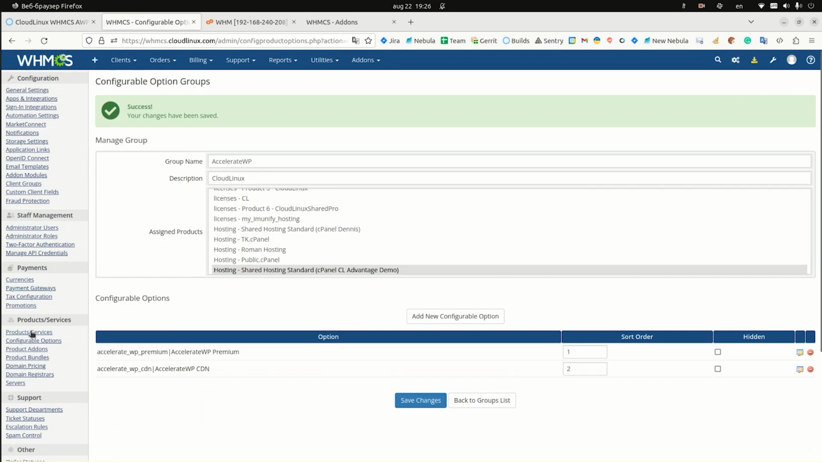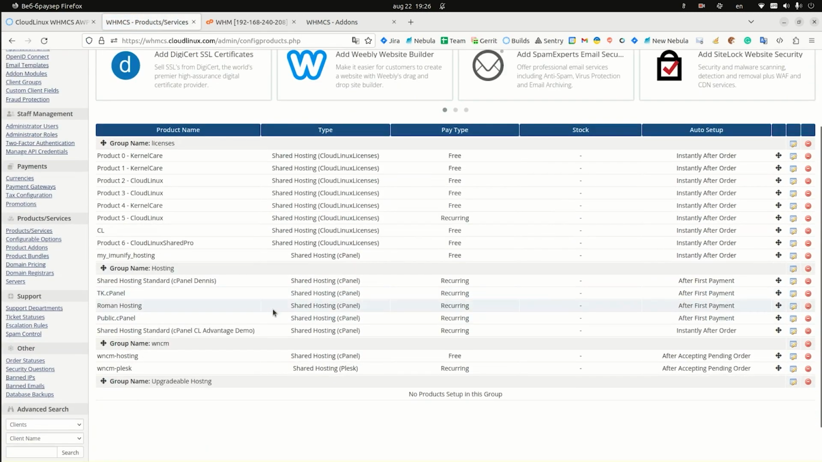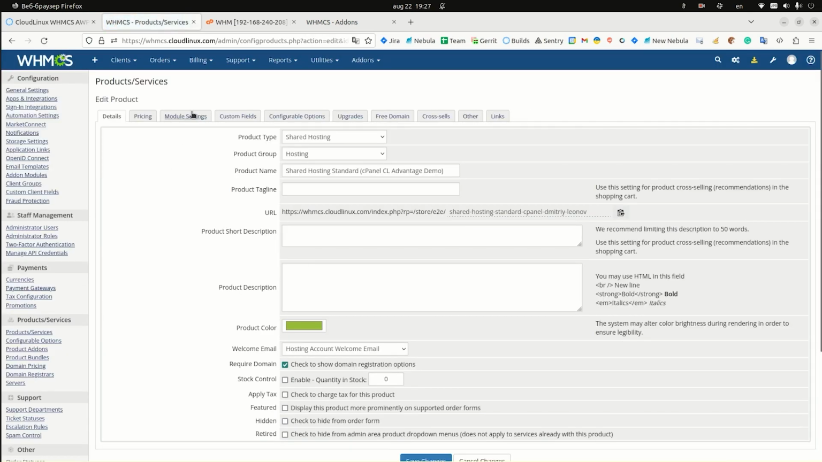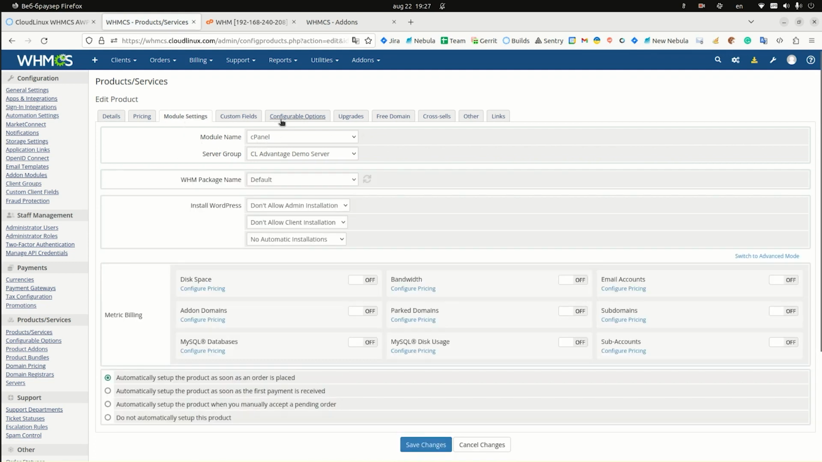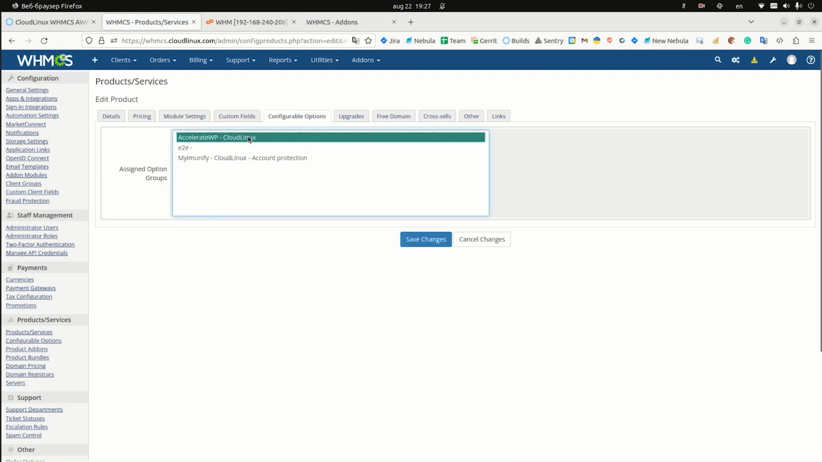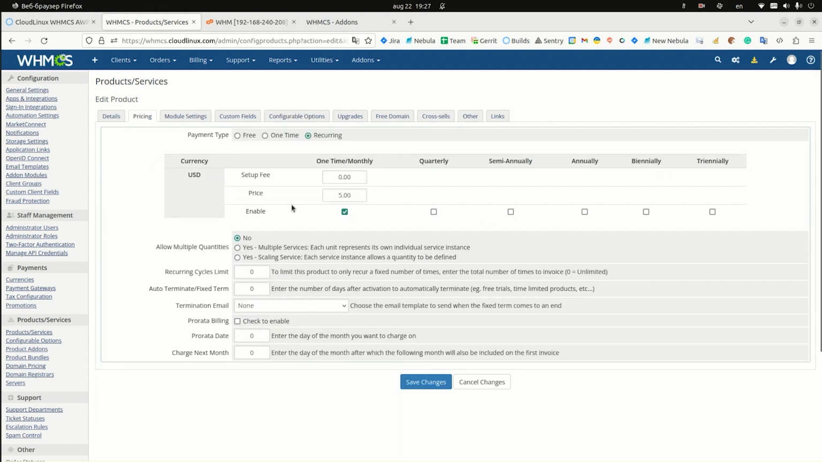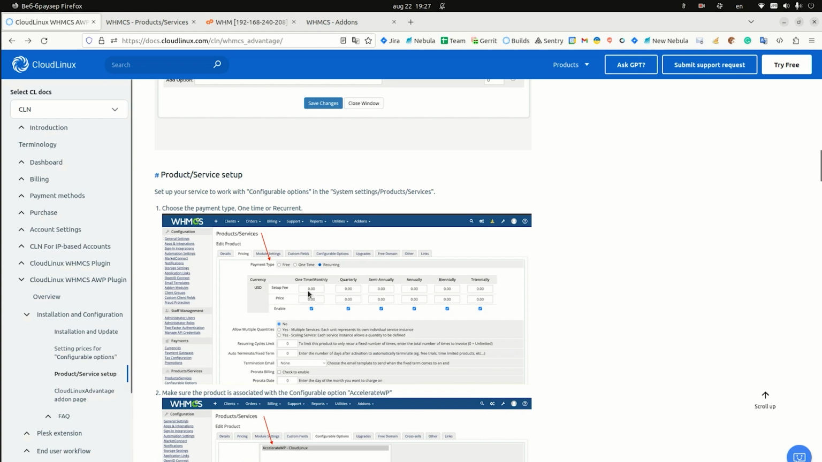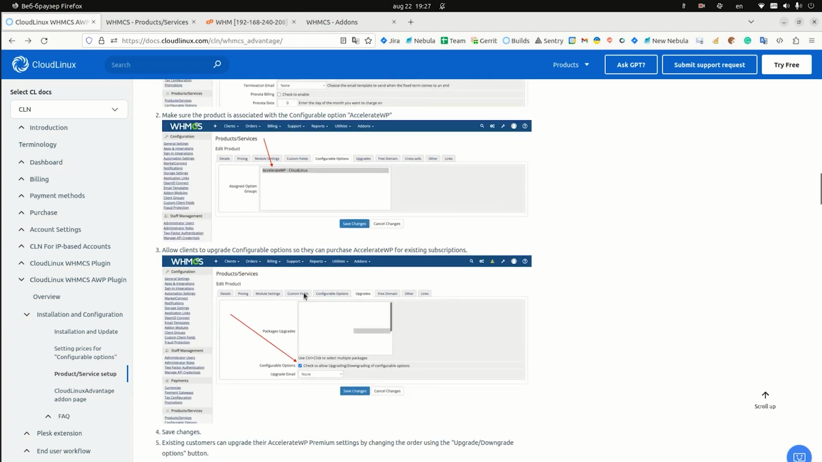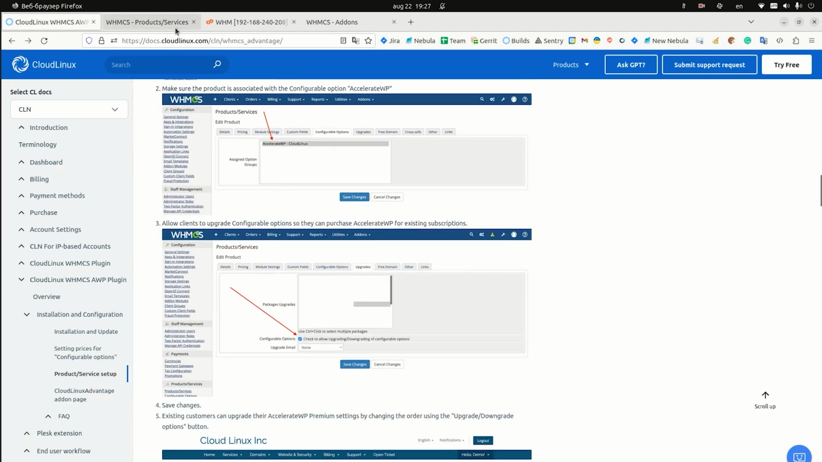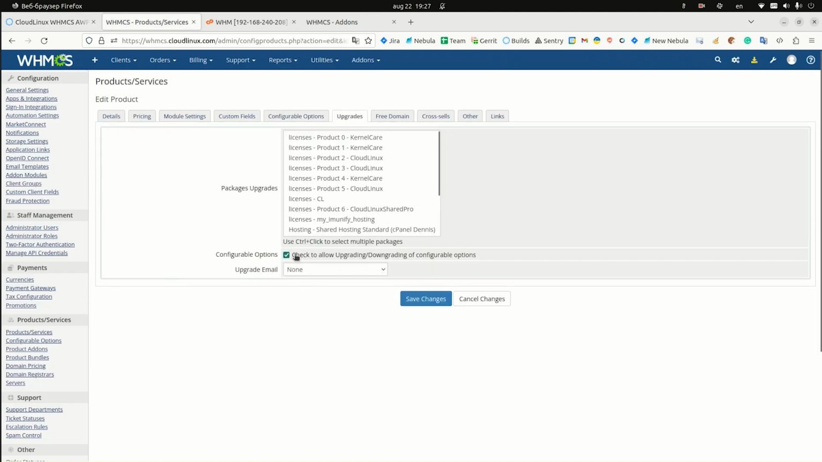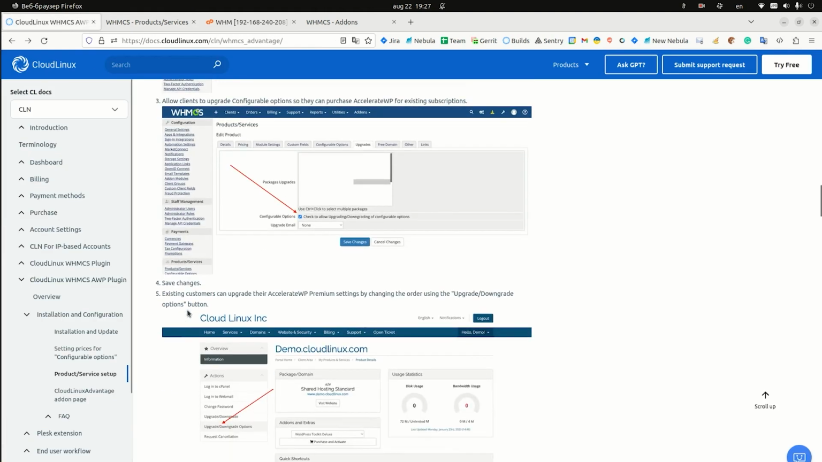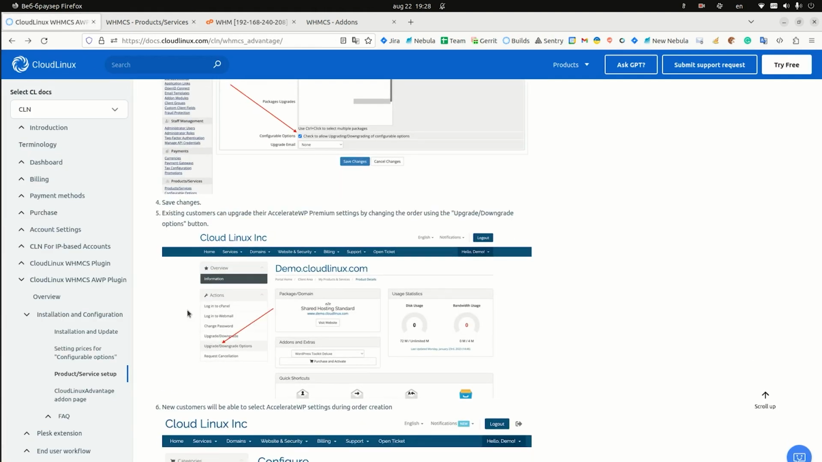By navigating to the product setup, select the needed product and click on the Edit button. Here you can see that the main module is cPanel, and the configurable options are associated with Accelerate WP. Pricing also has been established. Also, it is important to enable the ability to upgrade or downgrade for your end users by clicking on the checkbox near this option. By clicking on Save Changes, we have finished the plugin setup